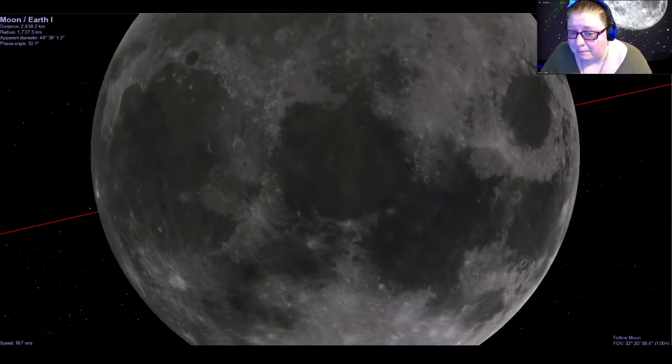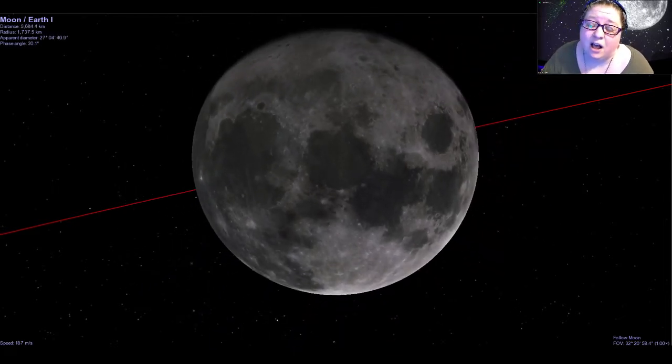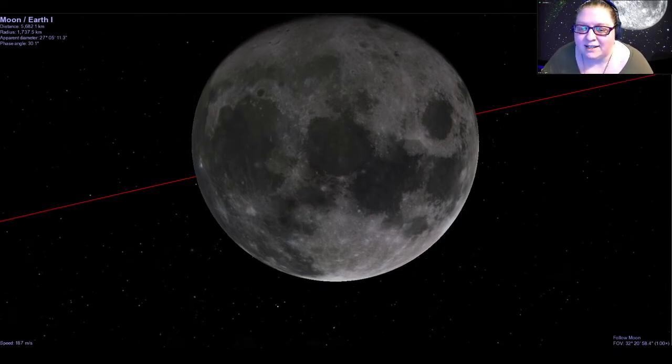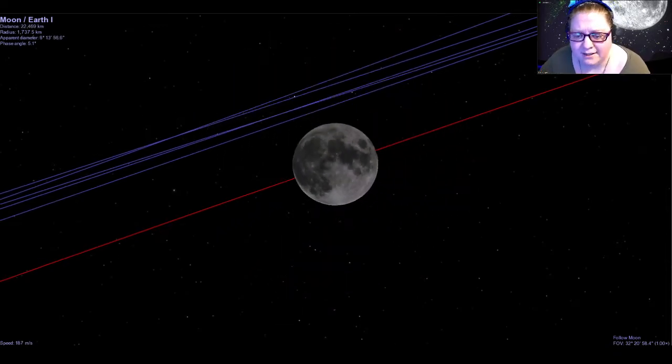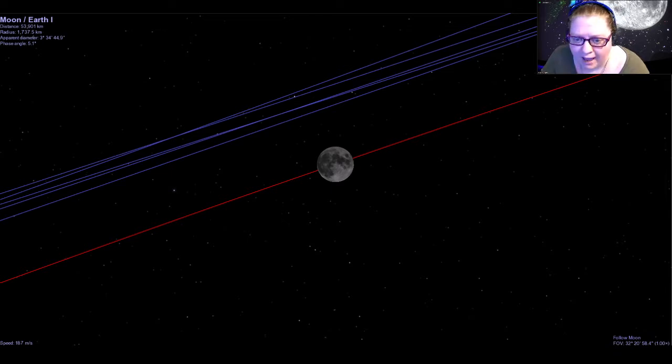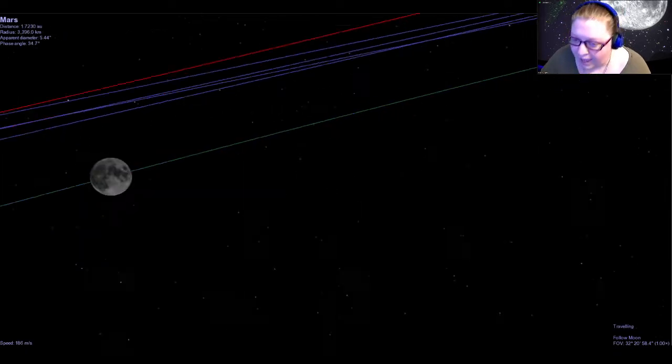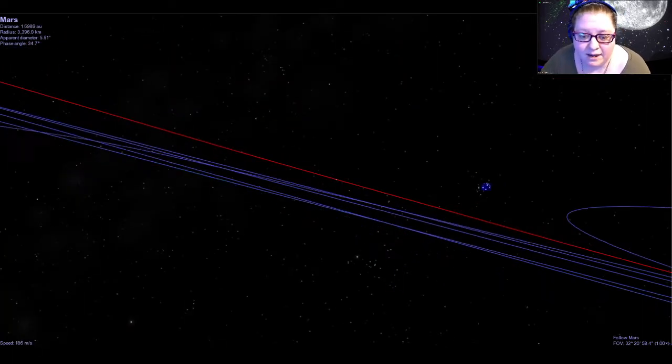Now, since this happened, the moon has cooled down a lot. It's no longer molten inside, and so we don't see any lava flows or anything like that present anymore. That stopped probably about 3 billion years ago, but it still leads to some very interesting features that we see on the moon. All right, I think that's enough of our moon, so let's head on to the next planet